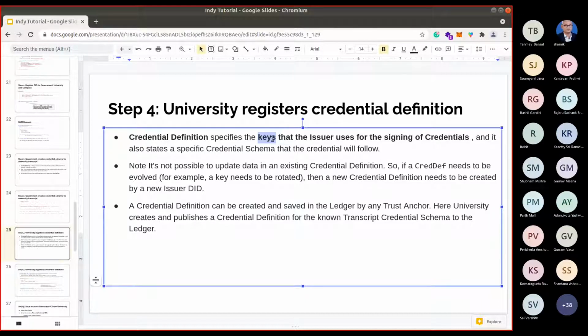So it not only specifies the key but also the algorithm. In Indy, the algorithm is kind of constant. The same algorithm is used everywhere, so there is no need to specify it explicitly. Only the key is stored in the credential definition.